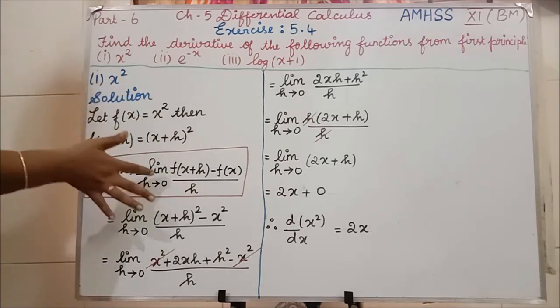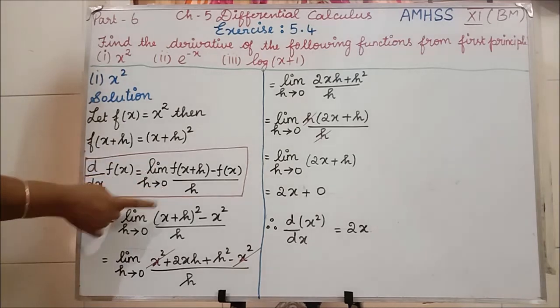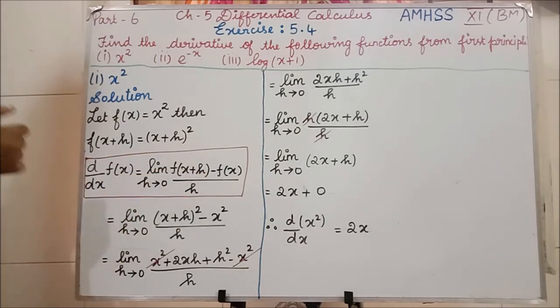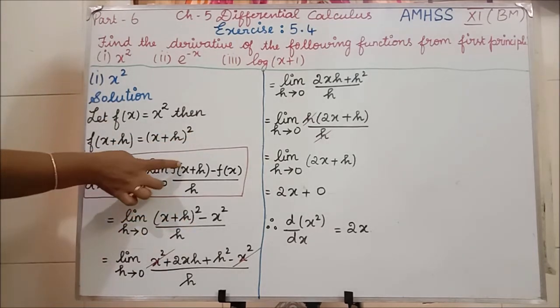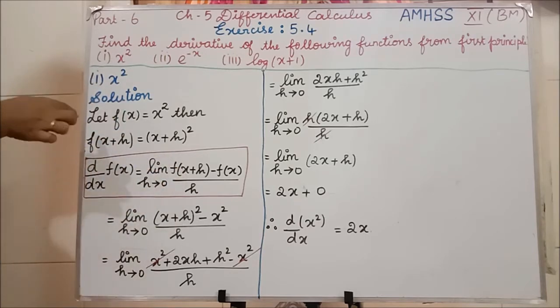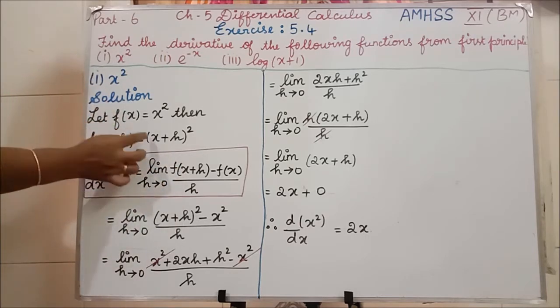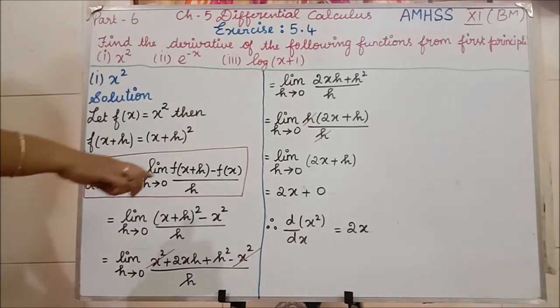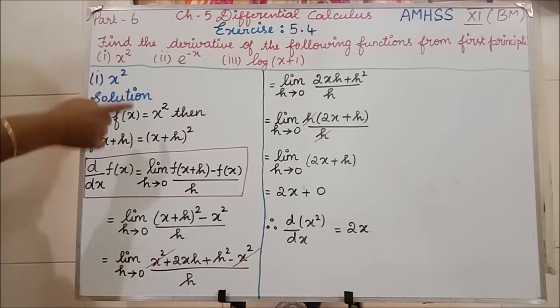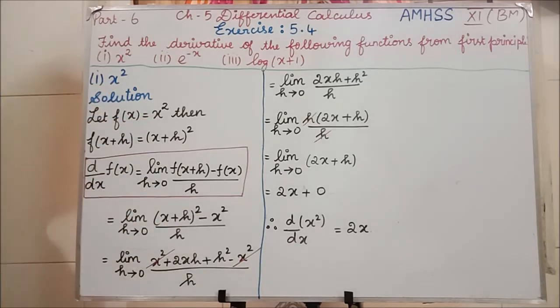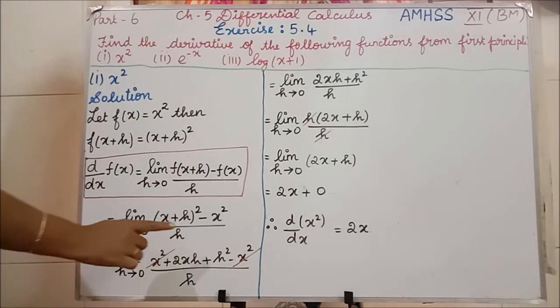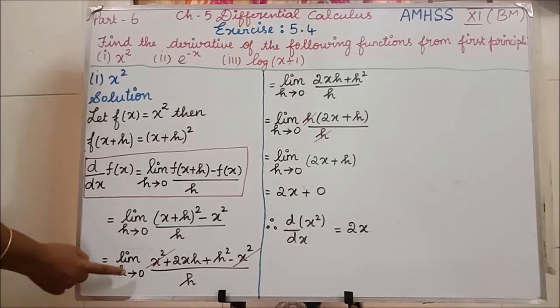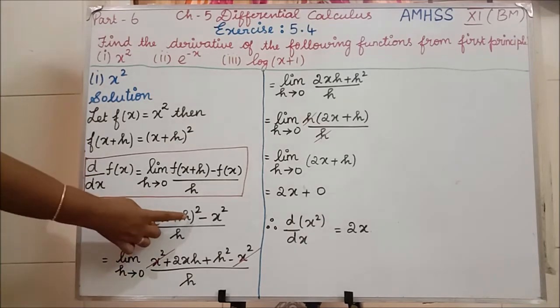So now we know this formula. We will apply the values inside here. So limit h tends to 0, f of x plus h value what we are having, f of x plus h is x plus h the whole square. Right. By that time you should not put f, because f of x plus h value is only x plus h the whole square. Clear? So x plus h the whole square minus f of x value, which is x square. You write x square divided by h.